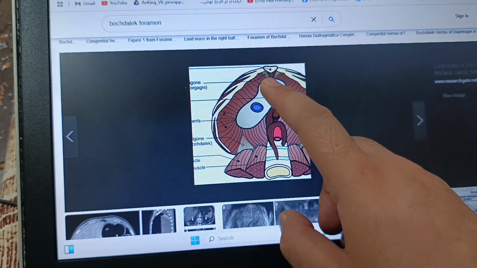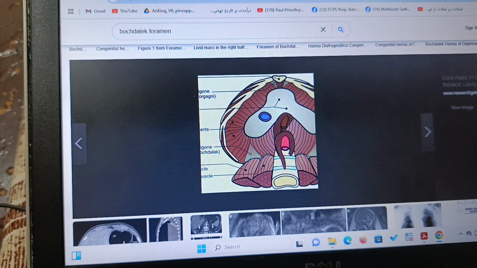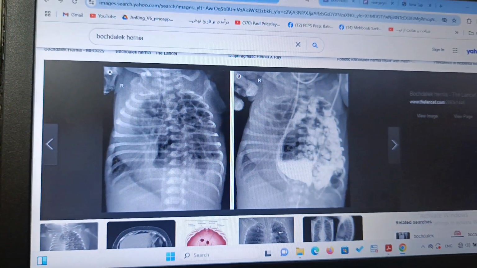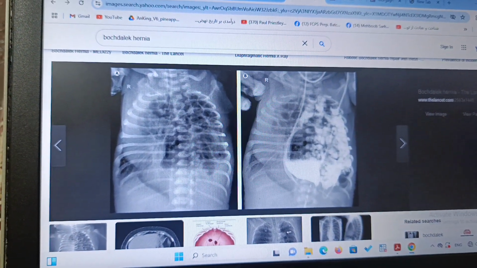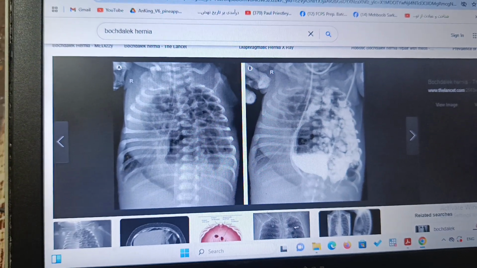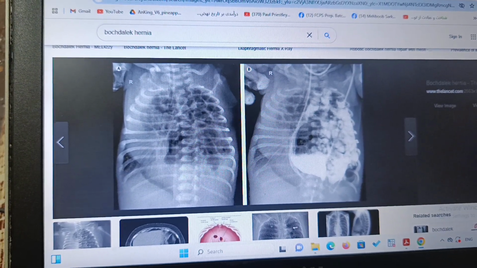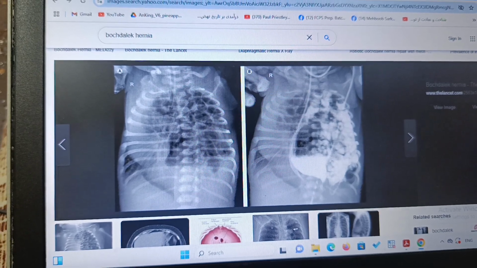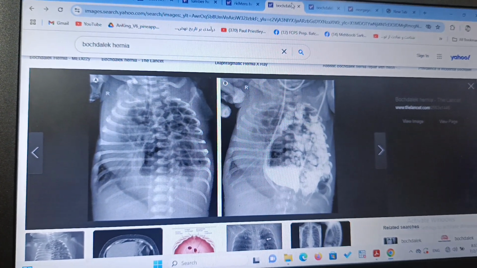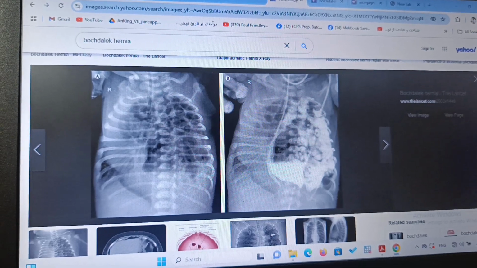This is the site of Morgagni hernia, and this is the X-ray. Because the intestines are moving into the thoracic cavity, that causes hypoplasia of the lungs and signs of shortness of breath, and it's